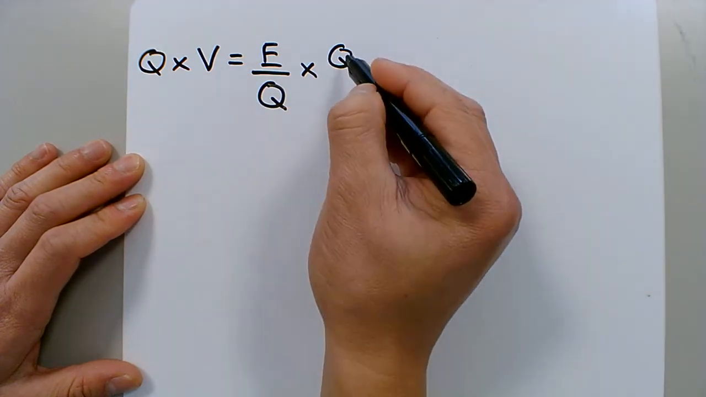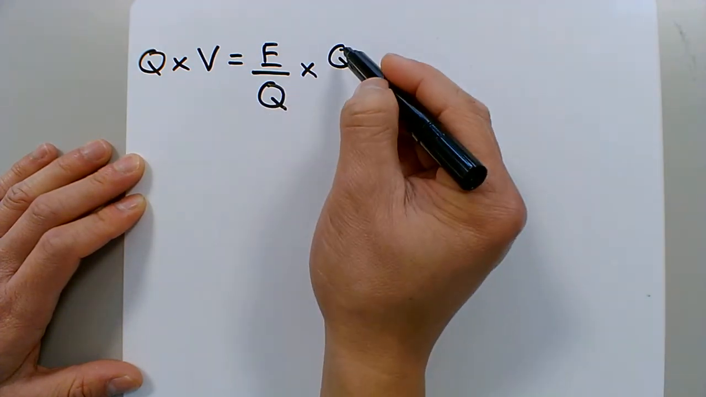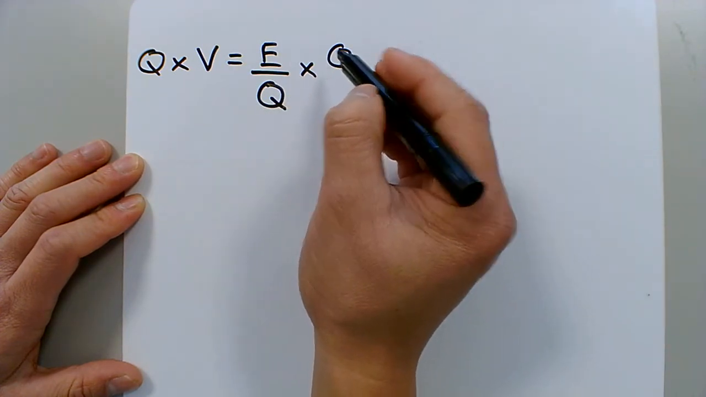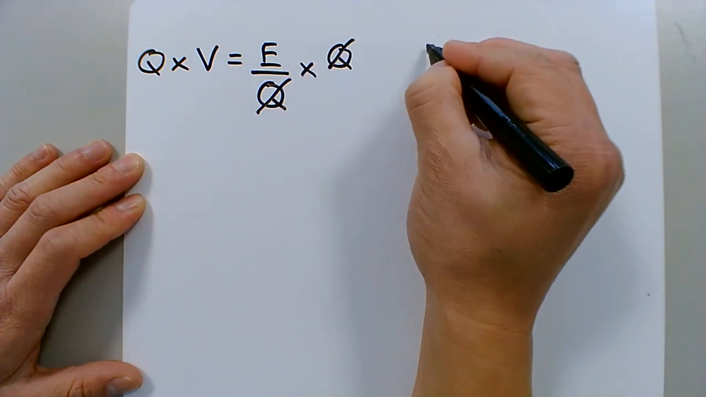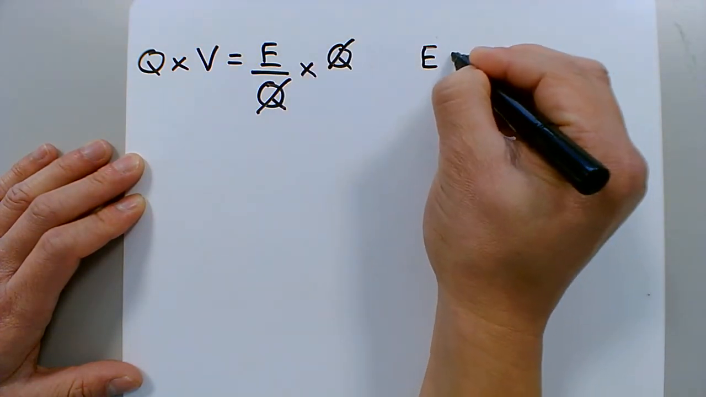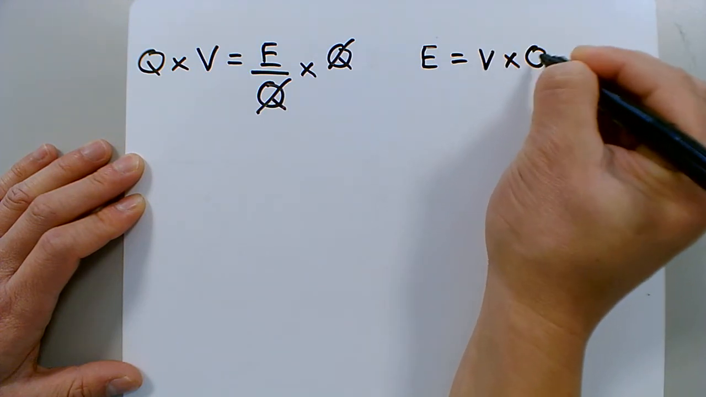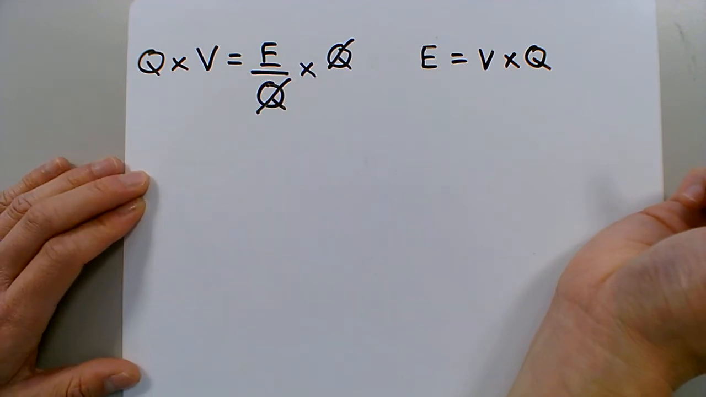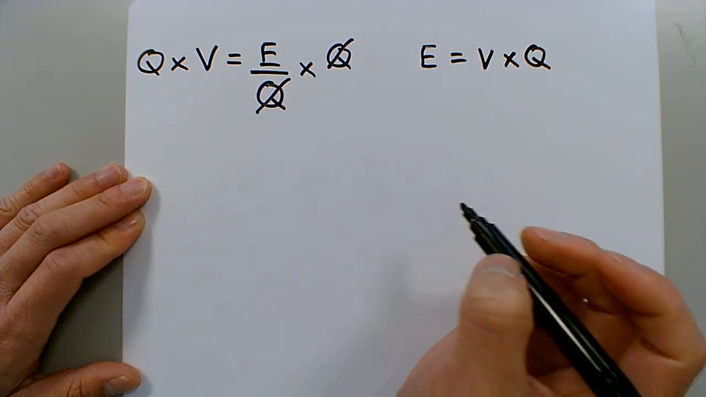Now Q is on the top here, and whatever is the same on the top and the bottom cancels out. So we cancel this out, and if we rewrite the equation, we've got energy is equal to V times Q, or VQ. Now, if we put some numbers to that, just to show this works,